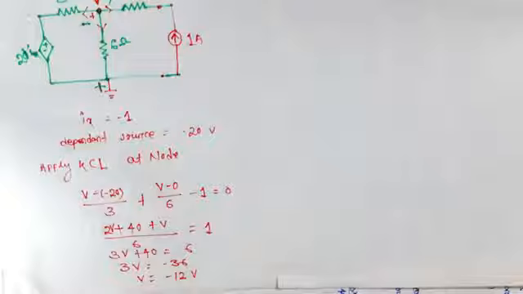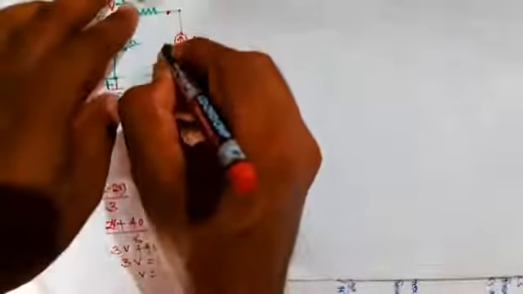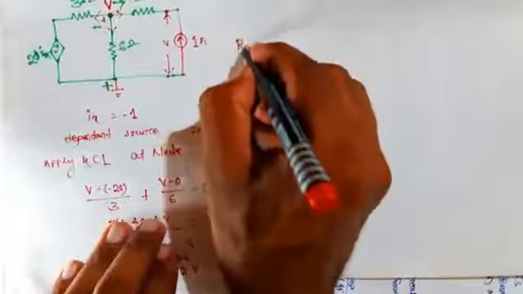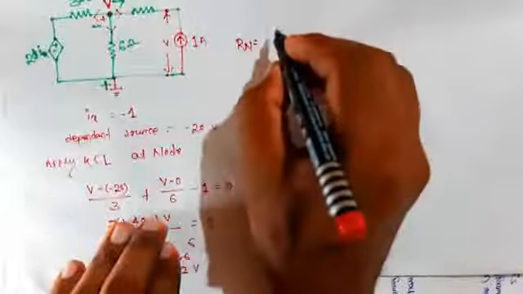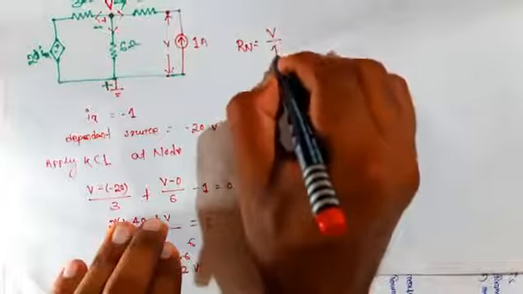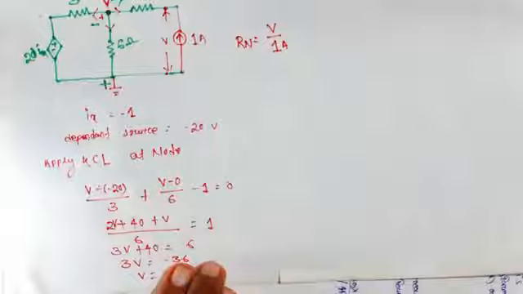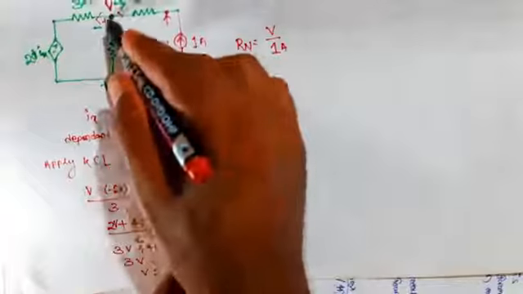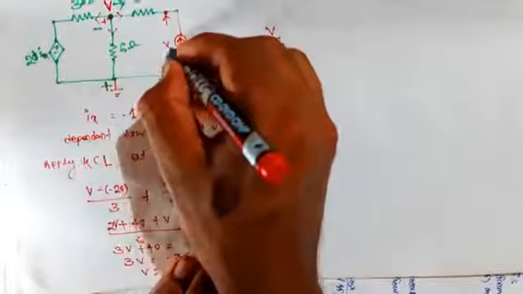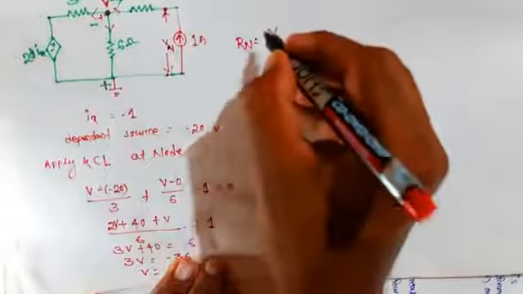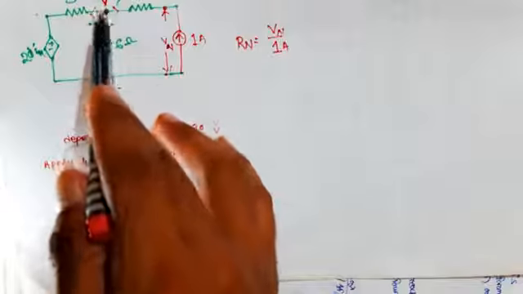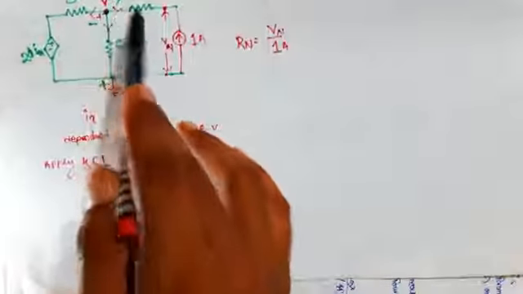Just a polarity change. Our objective is to find this voltage drop across this current source. If we find this, then Rn is equal to this voltage divided by 1 ampere. Here we see this voltage is equal to this V, which is Vn. This is Vn, right? This Vn, this load voltage, is equal to the summation of this voltage.